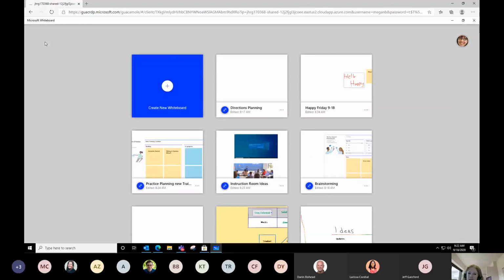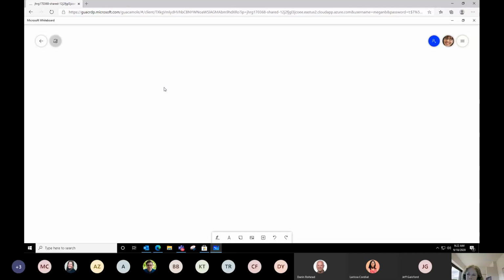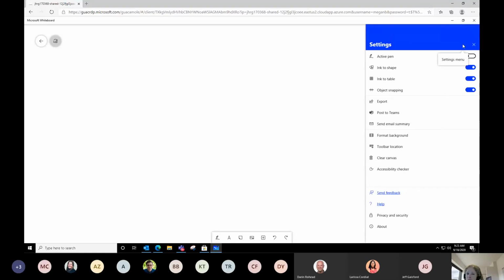Now let's go ahead and make a brand new whiteboard in here and look at some of the cool features that you have in the desktop app. So again, we have a new canvas. It's white, but the first thing I want to do is maybe apply a background color to this canvas to give it a little bit of depth. So in the top right-hand corner, you're going to see the settings menu. Now, if you remember, in the online version, we had one choice, and that was to export as a PNG. Look at this list, right? So really, there's a lot more here.